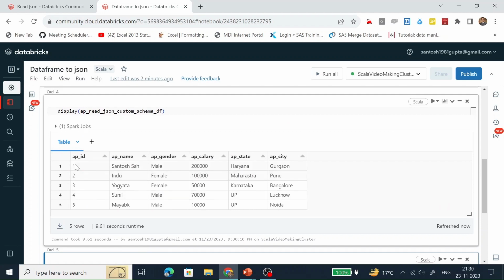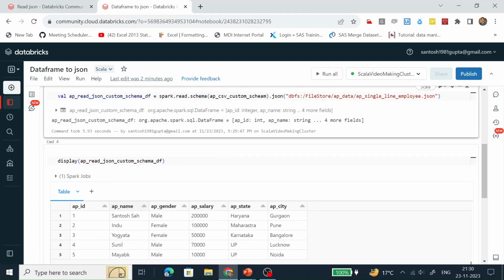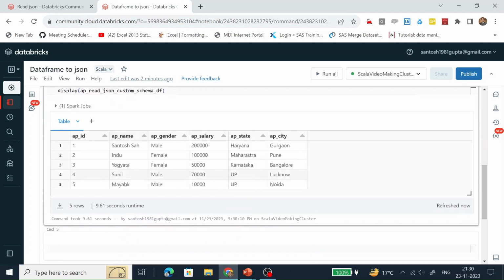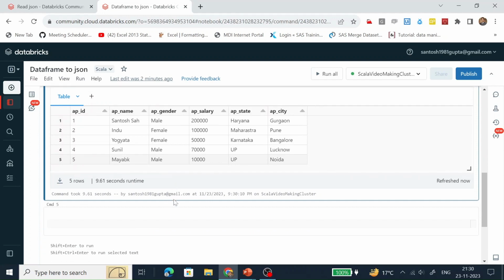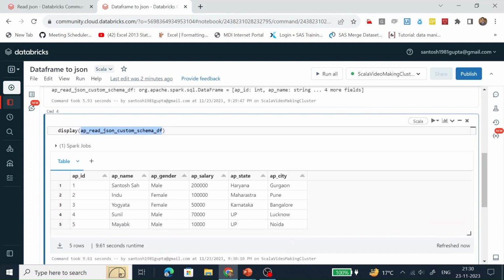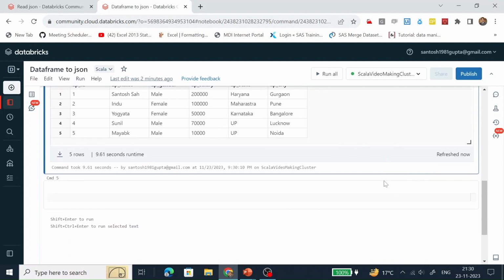Okay, so see, in this JSON document there are 5 rows and hence the data frame which we have created out of it also has 5 rows. Now let's see how we can write the data which is present in this data frame into a JSON document.